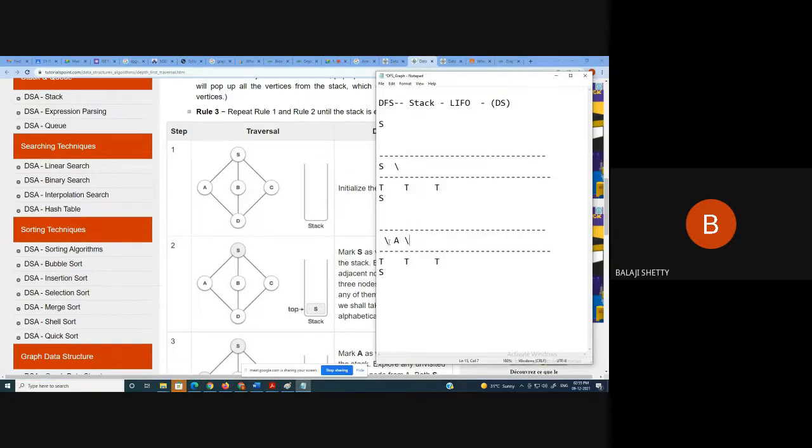Then pop A from the stack and push all nodes adjacent to that node. Adjacent of S are A, B, C. Push A, push B, push C onto the stack.